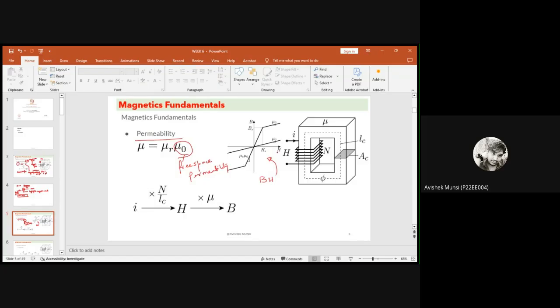It says that B is proportional to H, where a constant is coming as mu zero H. This constant is called the free space permeability. In a simple way you can say that permeability is nothing but the inductance capability. Since its unit is Henry per meter, it basically determines how much inductance your magnetic field has. Similar to the case of